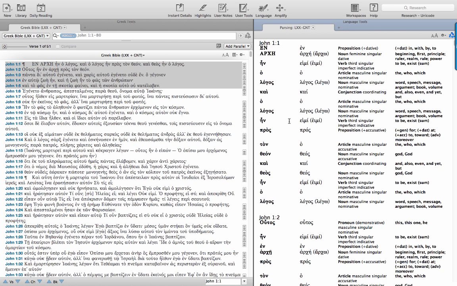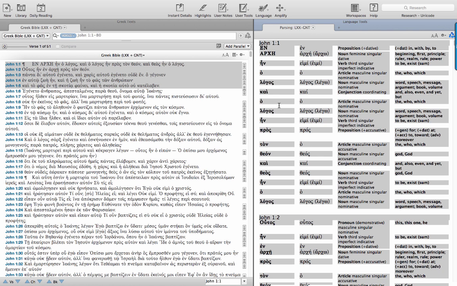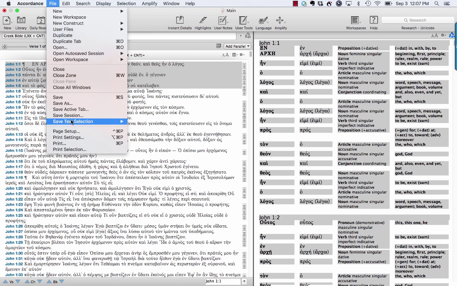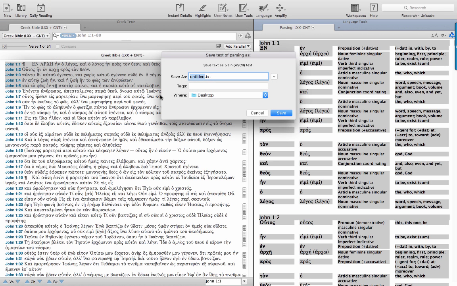And then we'll take these 5 verses and do Control-A and select all of them. Okay, select all, and we'll go over here to File, Save Text Selection as Plain Text. All right, when we do this, we want to name it something that we can remember the name of, and we save the file at a place where we know how to get to it. So I'm saving it to test and onto my desktop, and I save that,